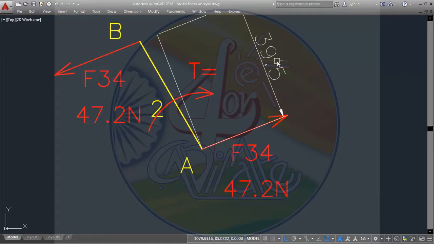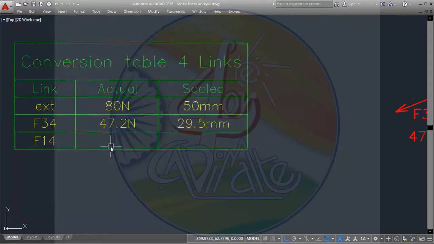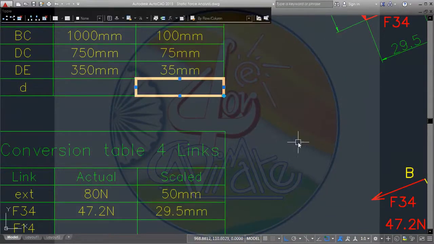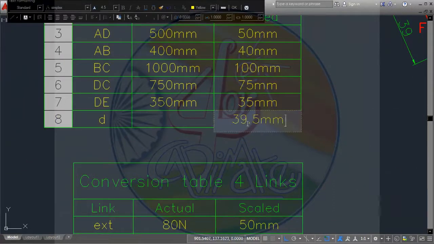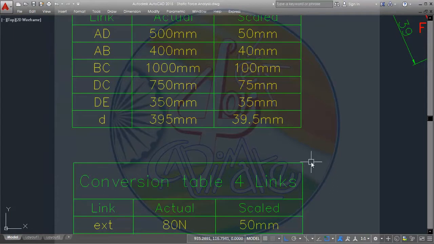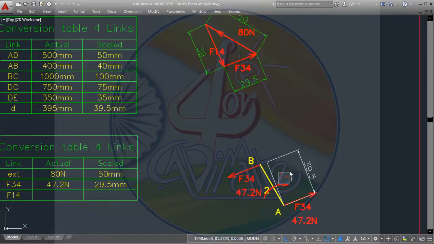Okay. Now find out this length, what it is. Is it the actual length? No. So we have to convert this to actual length once again. How much are we getting? 39.5 mm. When you convert this into actual length, it will be 395 mm. Right? So this 395 mm we have to use here. In this case, force is given in newtons itself, so mm should be converted to meters. So the torque will be